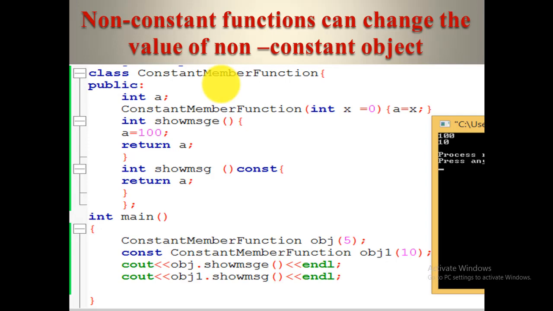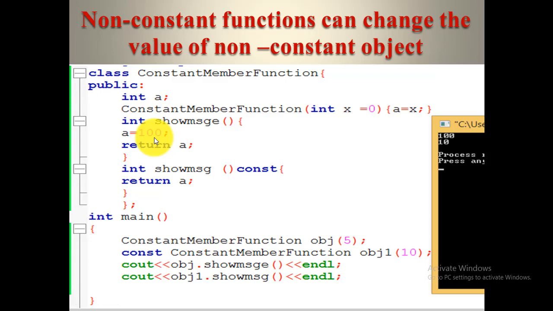So there is a rule that a non-constant function can change the value of a non-constant object. Here is the same code, we just made a minor change: this constructor receives the value 5, and in the function we assign a as 100, right?